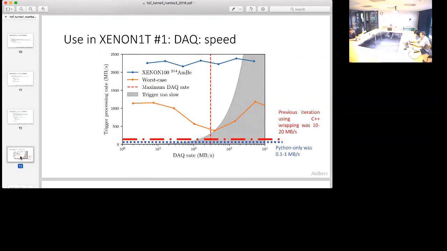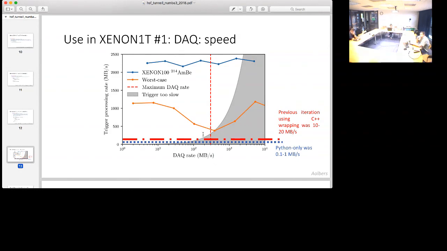At the end of the day, this is DAQ speed at the moment: the trigger processing rate versus the DAQ rate. The red dotted line going up and down is our design rate, 300 megabytes a second. We're able to process through the software trigger at about that speed through Python.